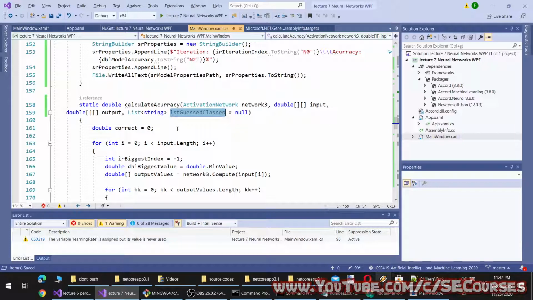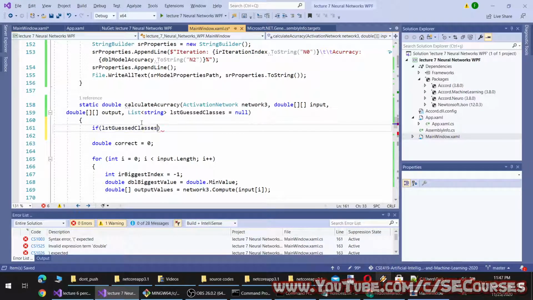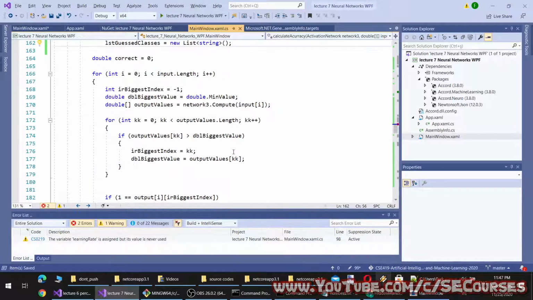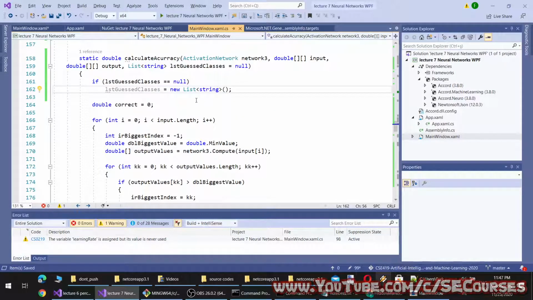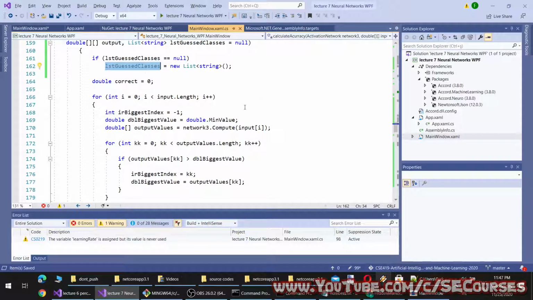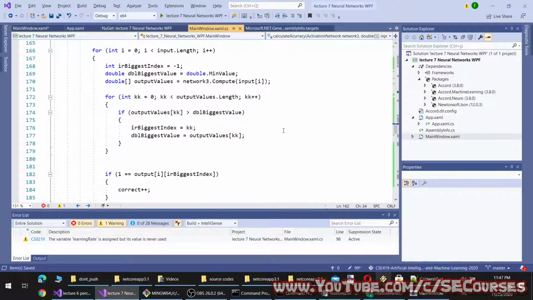So if it is null by default, I will initialize it so I won't get errors. And to get the guessed classes, I will make it like this.